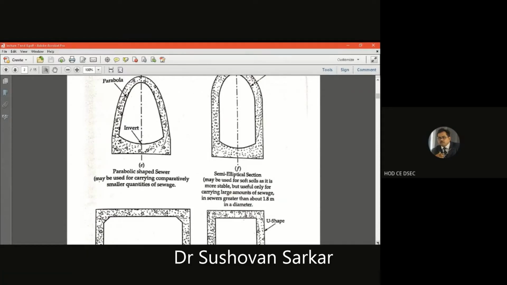You see, the parabola shape is found in this type of sewer, so that is the name. It is the parabolic shape of sewer. This type of sewer is calculated by mathematical computation of the radius of the major axis and minor axis, taking care of the mathematical portion. That geometrical shape has to be drawn out with that mathematical computation. That will be taken in the designing part of the sewer.